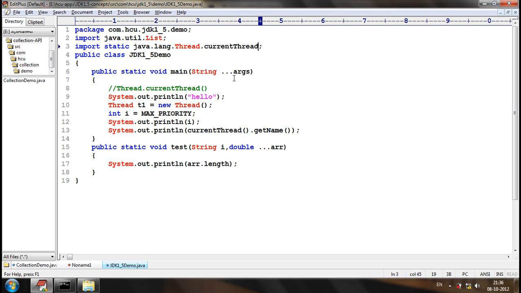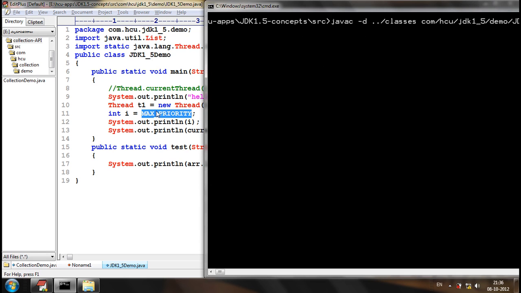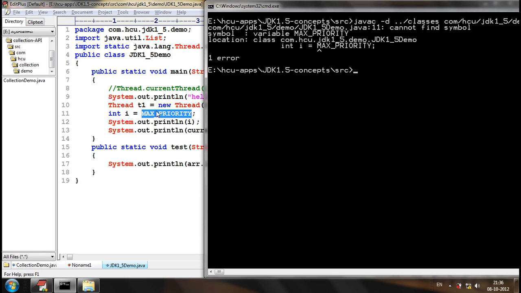Main. Is there any other answer? Definitely it will be a compile time error. Look at the static import: what are the members that we have imported? Only currentThread. But did we import MAX_PRIORITY? No. So the compiler says it did not find the symbol MAX_PRIORITY.